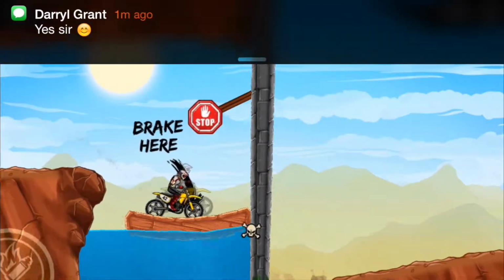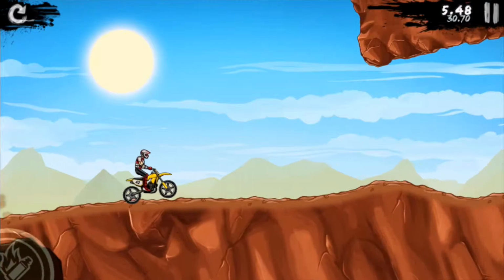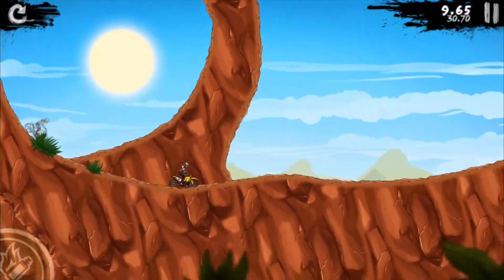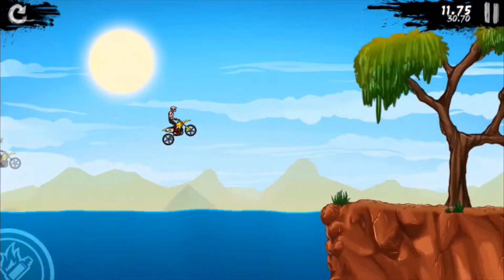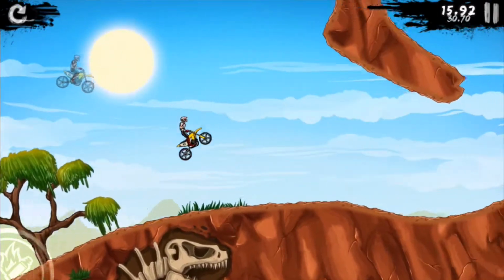Now here you're going to want to go forward and then tap on the left side of the screen to hit the brakes, and then when you get to the bottom, the door opens and you're out and through. Go around the loop, staying relatively level, not leaning forward or back too much. Here you could definitely pull off a backflip and get yourself a little nitro, and then you can hit the nitro